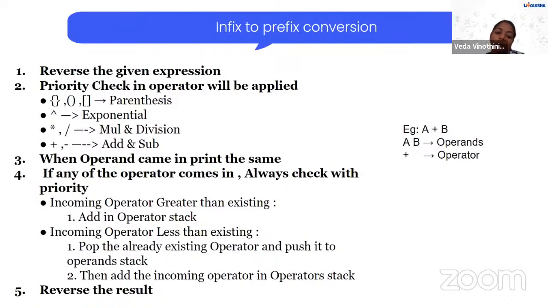If the incoming operator is greater than the existing one, it is added to the operator stack. If it is less than the existing one, it will first pop and push the operands, and then add the incoming operator to the operator stack. These are the things it will do. When we see this in the implementation part, it will be much easier to understand. The final step is reversing the result.